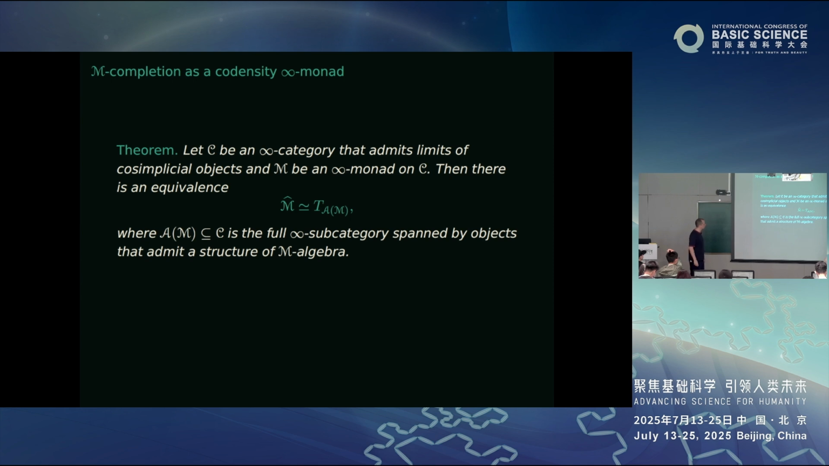We prove that if category C admits limits of cosimplicial objects, or instead of this, you can say if it admits homotopy totalizations, and M is an infinity monad on this category C, then there is an equivalence. This M completion defined by M is equivalent to the codensity monad of the subcategory, which we denote by A of M, a full subcategory consisting of objects that admit the structure of